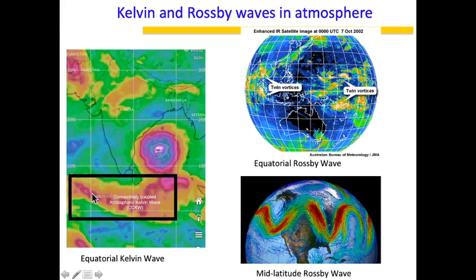See, amplitudes are not changing much. Whereas here you see the amplitude is changing. This amplitude versus this, it has amplified. So this is a Rossby wave. This is a mid-latitude Rossby wave. This is an equatorial Rossby wave. So an equatorial Rossby wave will always kind of give you a twin vortex, one in the northern hemisphere and one in the southern hemisphere. That is a very typical nature of an equatorial Rossby wave. Not always, but most of the time.